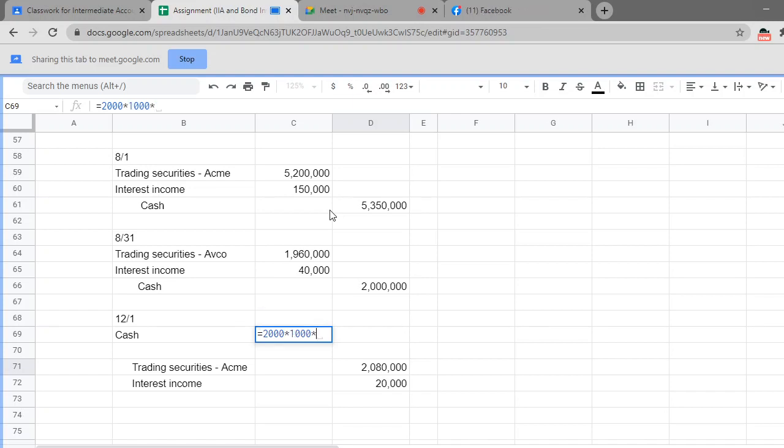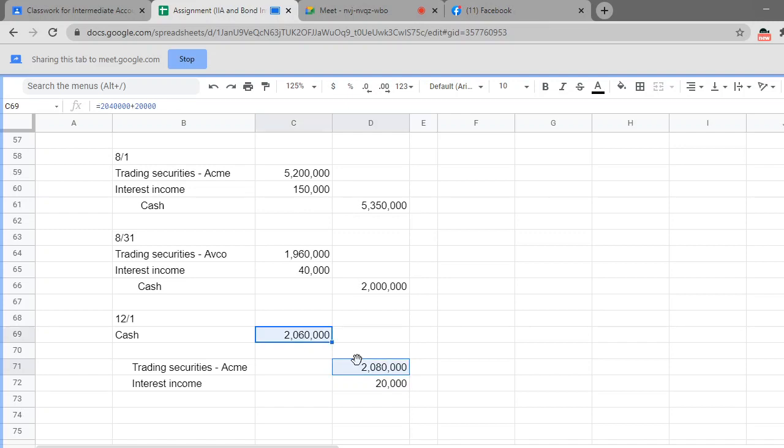How much was our selling price? 2 million times 1.02. Juan paid us 1.02. So that would be 2.04 as the sales price. But Juan also has to pay the interest because we held it for 1 month. So the total payment we will receive from Juan would be 2.06 million. Now, we received 2.06, but what we gave up was the 2.08 and the 20,000. Will there be a gain or a loss? Right here already,